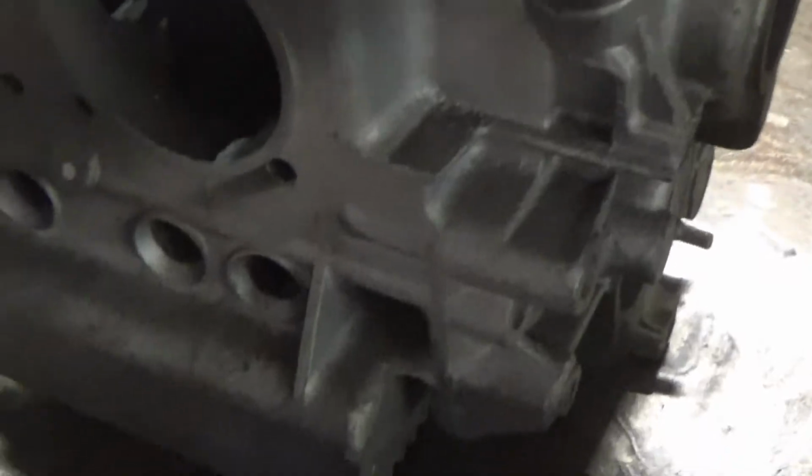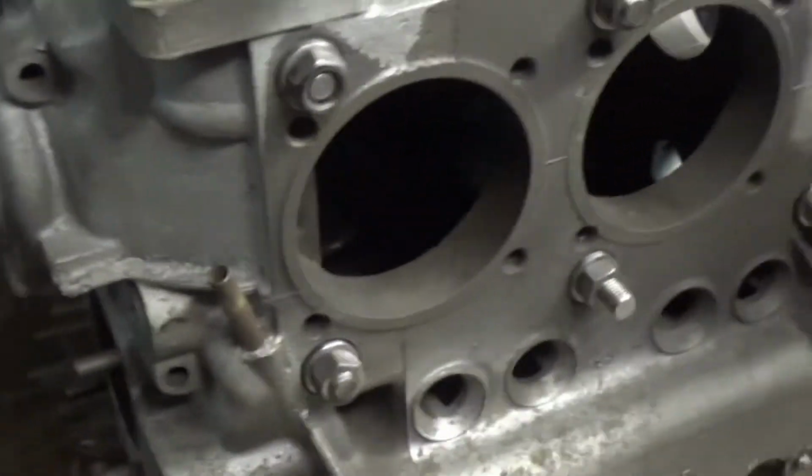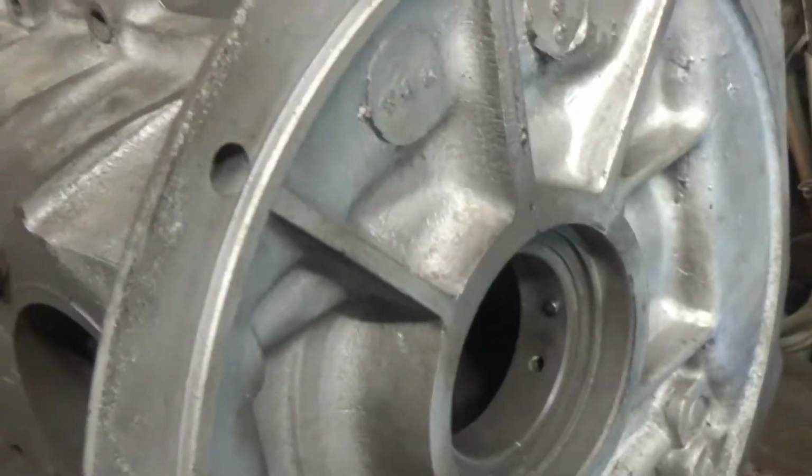I did inspect the case pretty thoroughly. Although there is some wear, this baby must have saw some water or something. It seems solid enough to build what I'm going to try doing. Again, this is just, can't say it enough, just kind of a trial run. So we'll open it up, we'll look at it a little further, and then we're going to start setting up the mill to start